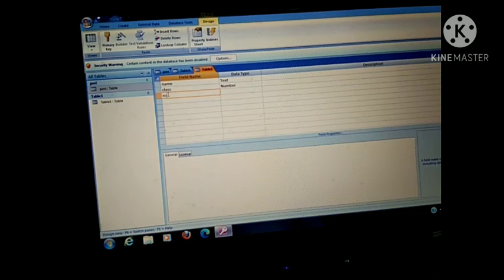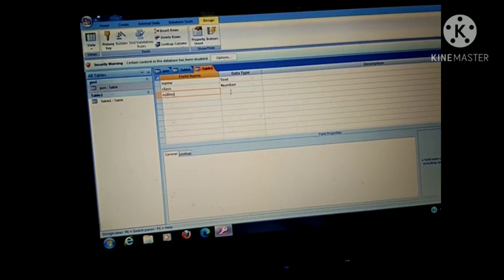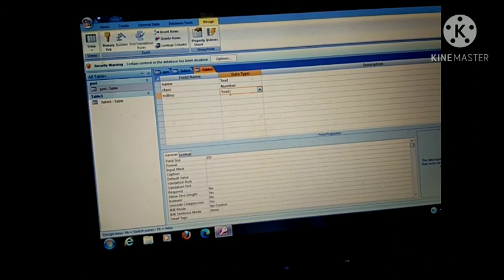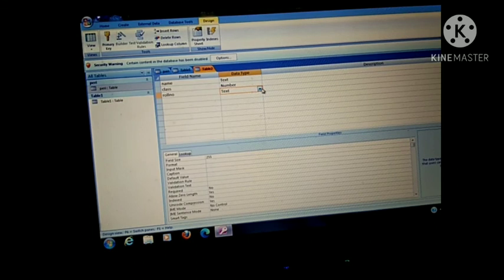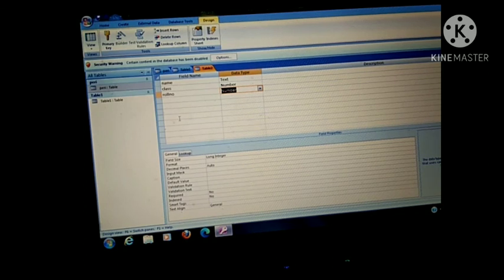Next you will insert the next field name. I am writing roll number. Now the data type by default is text, so as soon as I click, it automatically takes text. If you want to change this data type, from here you will select the data type. Okay, and after you have done all the field names, click on the View option.